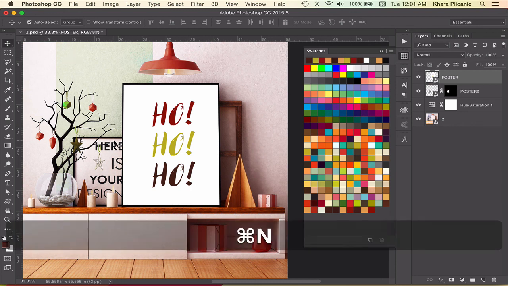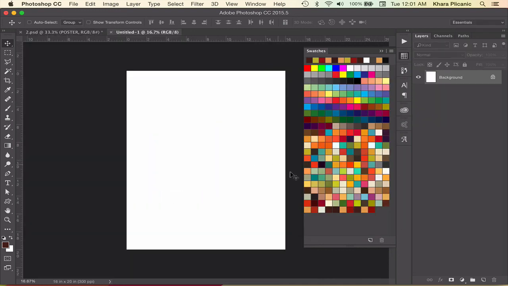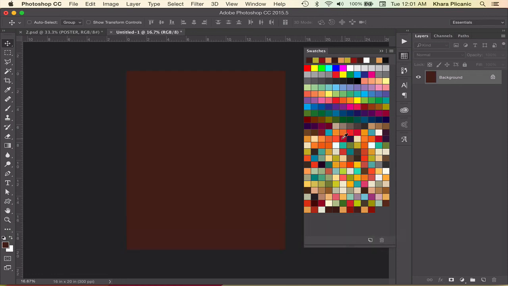So we'll repeat, make a new blank file with all the same settings. But this time I want to fill the background with that brown color that we sampled. So I'm going to make sure I've got that active, and I'll press Option or Command Delete to fill it. Grab my type tool. We'll use red. And I'm going to click up here and I'll type